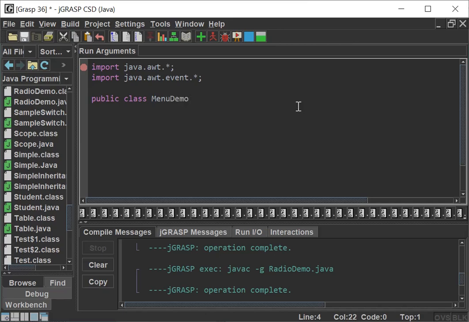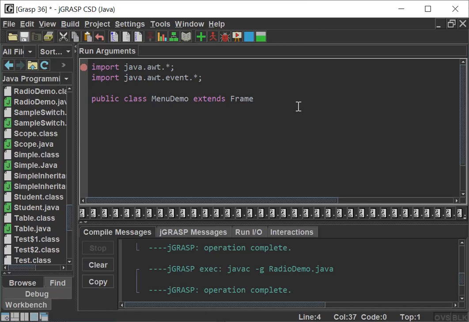Since I'm going to utilize the menu, I have given the class name as MenuDemo. My output has to be shown in the frame window container class, so I have to extend the Frame class. The Frame class has to be extended by my class, because I'm going to place the entire output and components in my frame window only. That's why I have extended the Frame class.